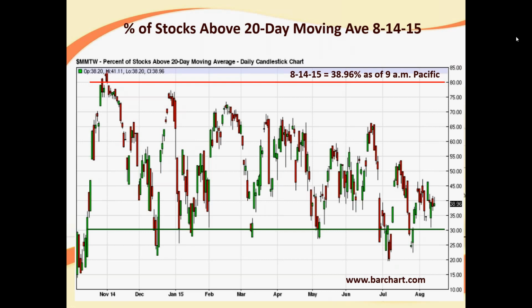The overall tone is still the same. We have many stocks that are below, and few stocks that are above their 20-day moving average, and you can step up to the higher, more significant moving averages like the 50, the 100, or the 200 at barchart.com, and you'll see a similar pattern continuing. There's been a divergence where fewer and fewer stocks are participating in the rallies. Even though the market has gone up, made new highs, it's been doing it with fewer stocks participating.